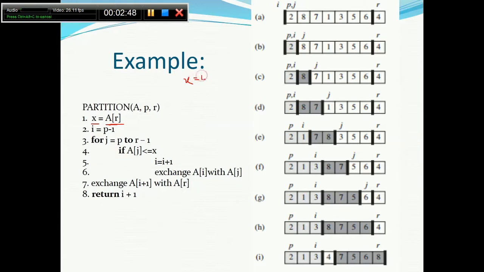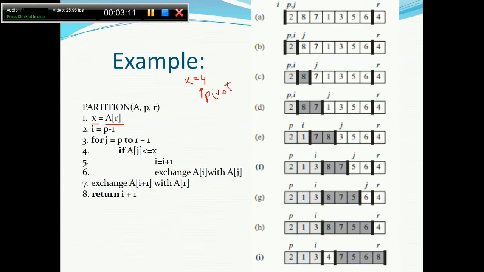Now that becomes my pivot. That is called the pivot picking step. The pivot could be chosen in multiple ways: it could be chosen from the last, that is the upper bound, it could be chosen from the first, that is the lower bound, or it could be chosen randomly. So we have multiple techniques to choose the pivot. In our case, we are choosing the pivot at the last.